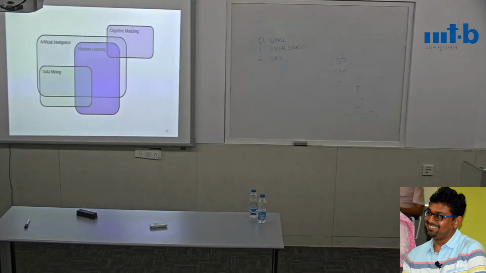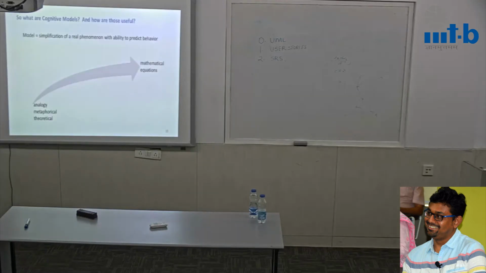Now, as a discipline within computer science or related disciplines, cognitive modeling also overlaps with artificial intelligence and ML, because overall the idea is to have better fairness for people, trying to understand how people would react in different situations and create models or predict things. So it has an overlap with AI and ML as well.